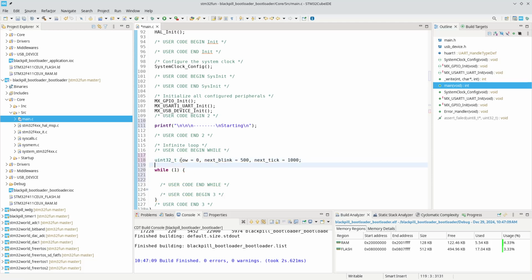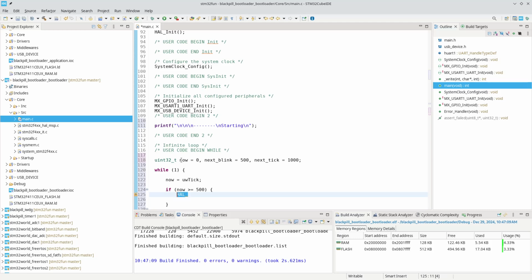That is basically all we usually do, and we will set now equals HAL_GetTick. If now is greater than or equals 500, we will